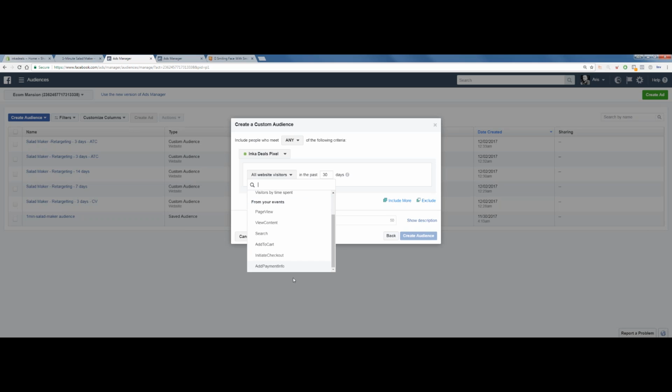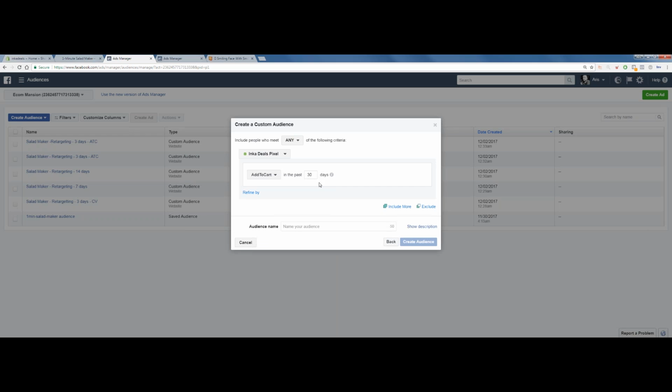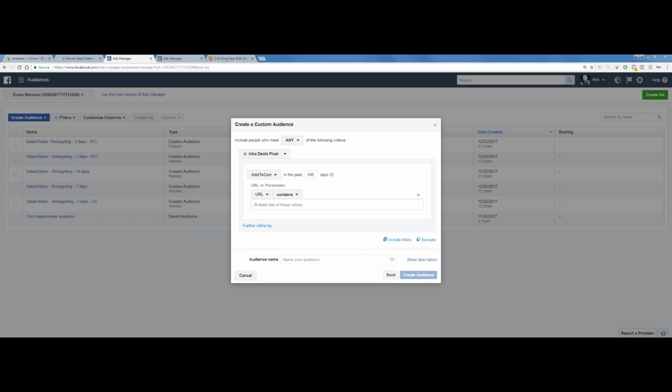If your pixel has purchases, you'll see it right here. So we're going to create 3. Add to cart first in the past 180 days. Okay? And we put the URL.